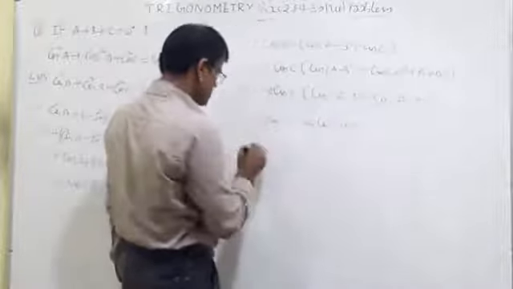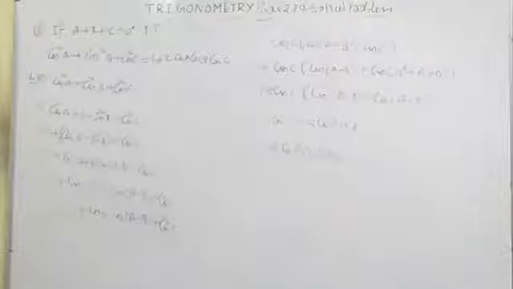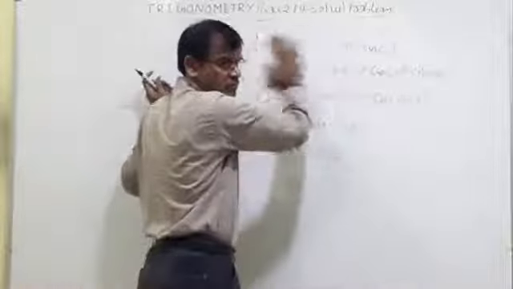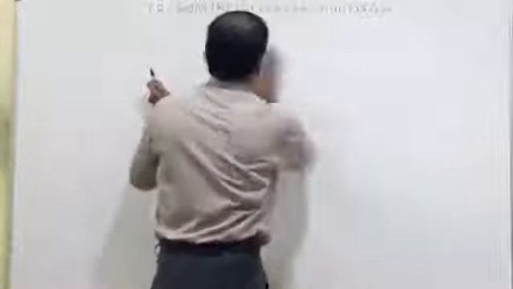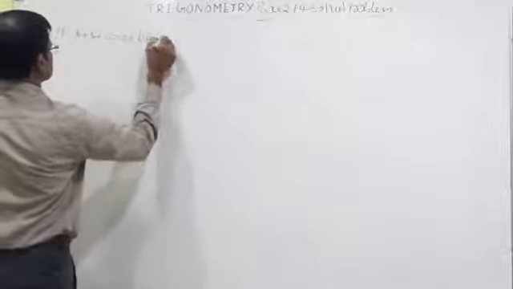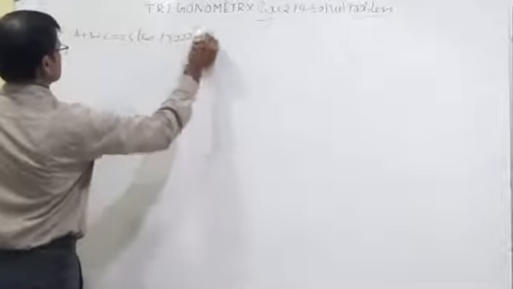Now let us discuss the 9th example. If A plus B plus C is equal to 2S, then prove that